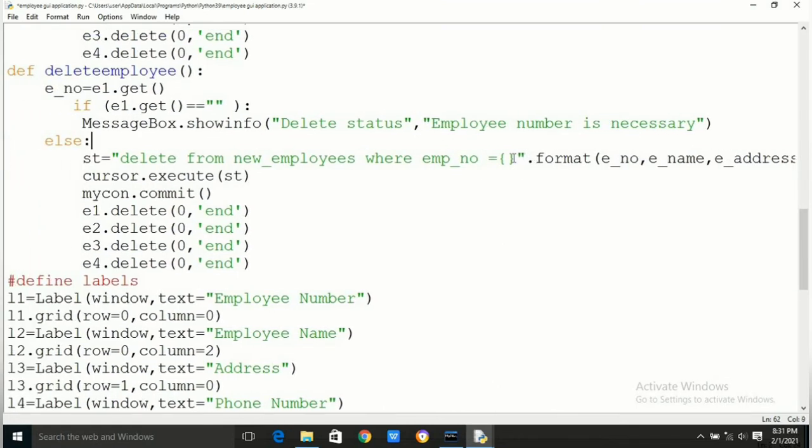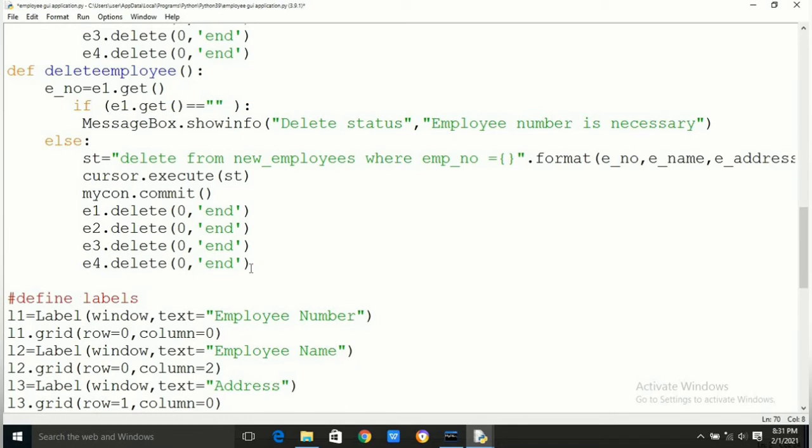e1.get will get the employee number from the user, and if e1 is an empty string then a message will pop up, delete status, employee number is necessary. If there is any data in e1 then the delete query will be executed.